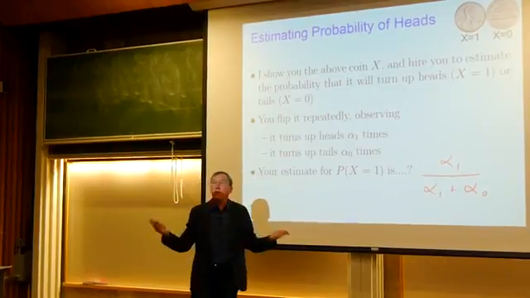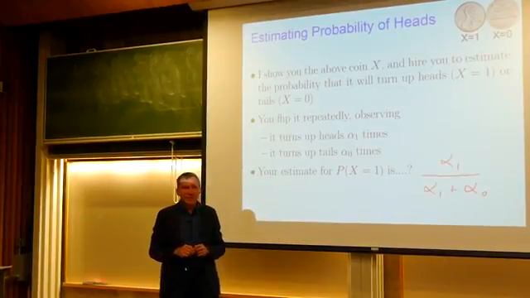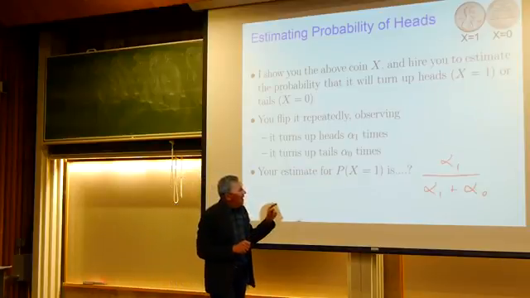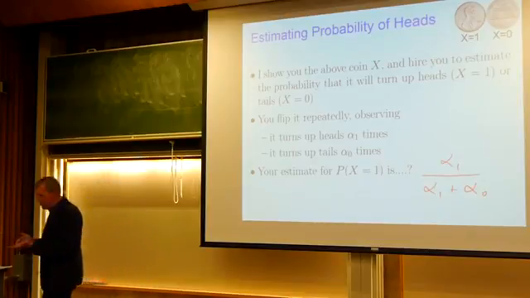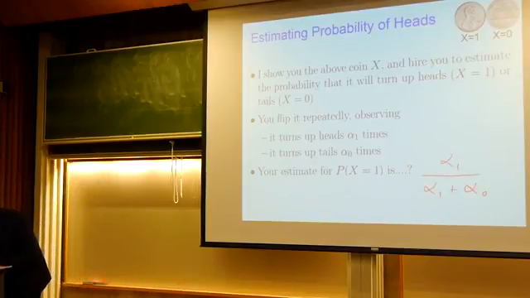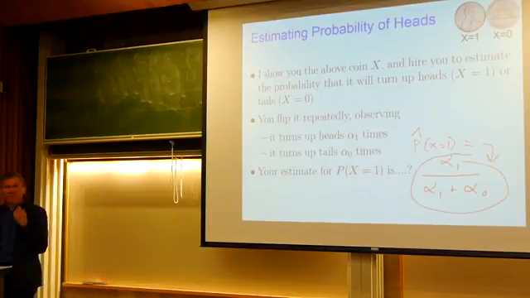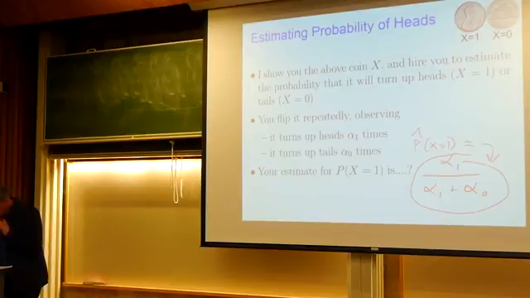Okay. This is a simple way of estimating probabilities. But it's not perfect. Okay. So let's try this algorithm. So you're going to say, this is my estimate of the probability that x equals 1 is this. So that's our algorithm. Okay, so let's try that